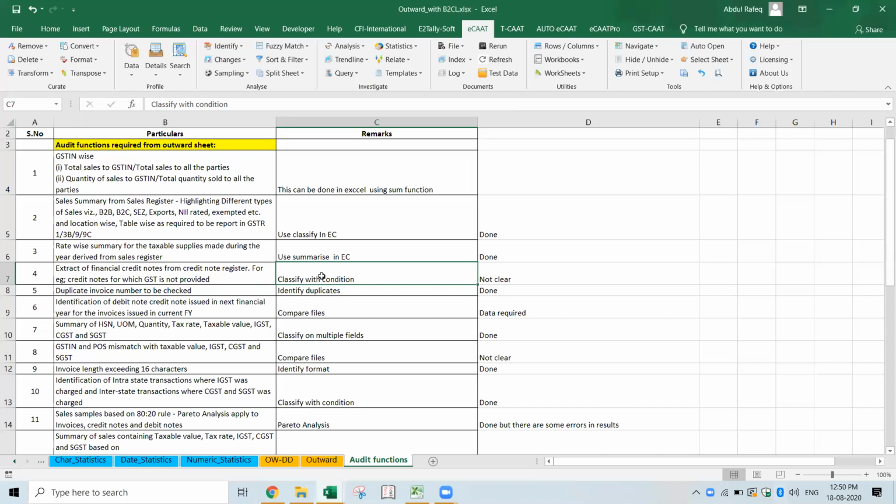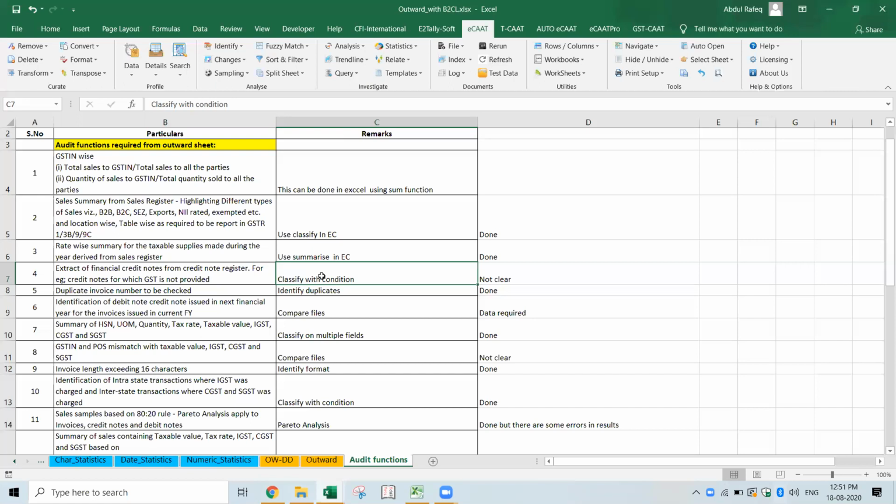But most of the time people think, why reduce from my 3B and then from sales? I paid the first invoice in full, and later for only 10,000 I will do a credit note, not considering GST at all. So they put it in as an accounting credit note in the financials, and GST they will not consider.